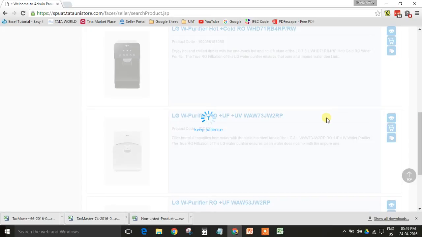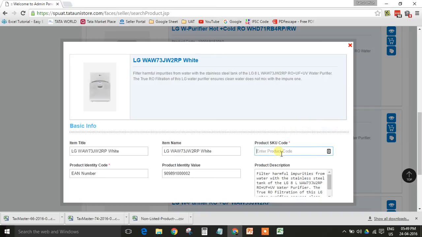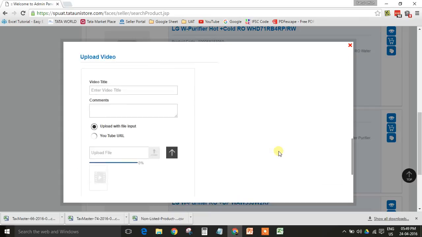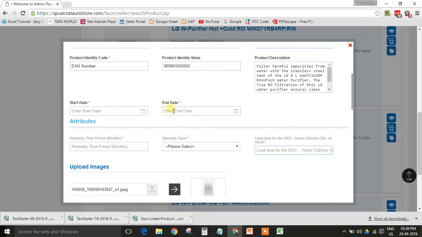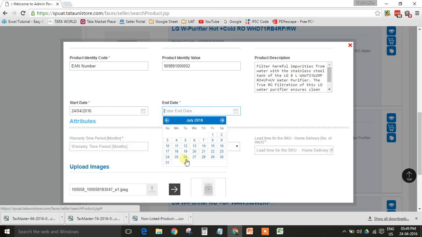We have to wait for a few seconds. The screen will pop in. Then I need to put the product SKU. Set the date to few weeks or few months.